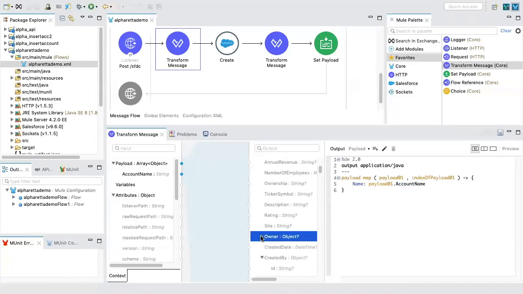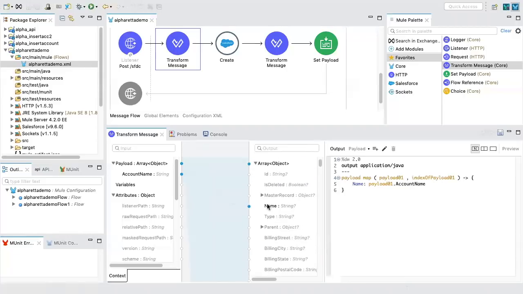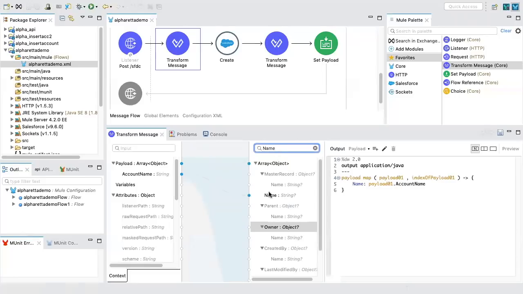So how did I understand what is the right name? Indentation. If you see, my name and master record name is indented. So I know I don't want to map with that name. Another way: I write name here like this. Now you see all the names came at the same time, same place. So this is what I did last time, I guess. Now you see all the names are a little bit indented. That means they are the parent object's name. I'm interested in account name, which is this one.